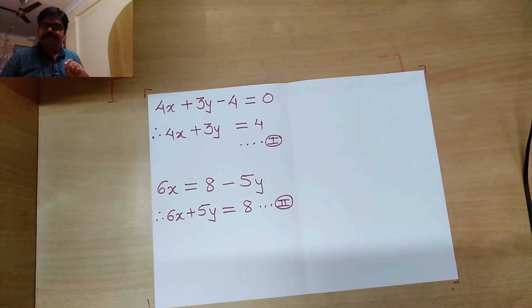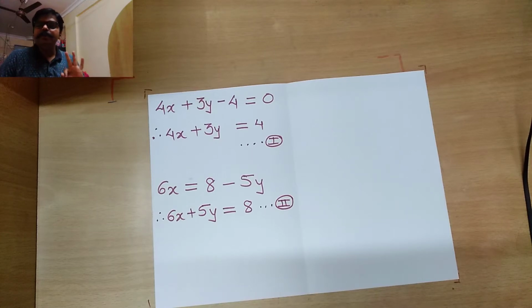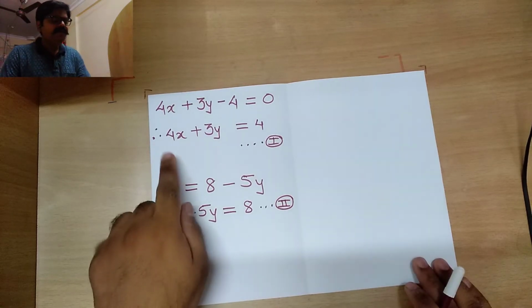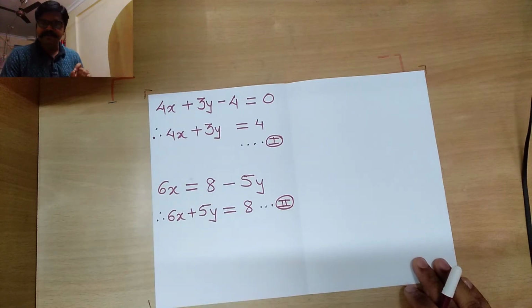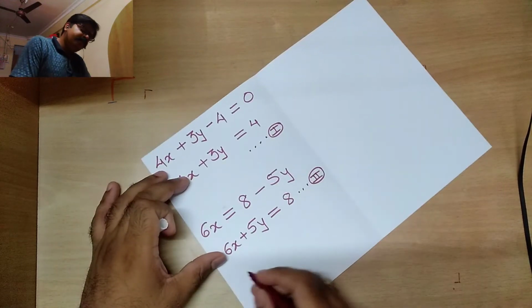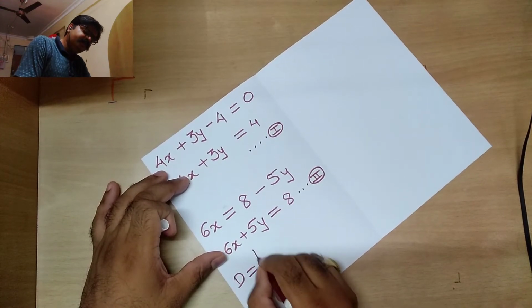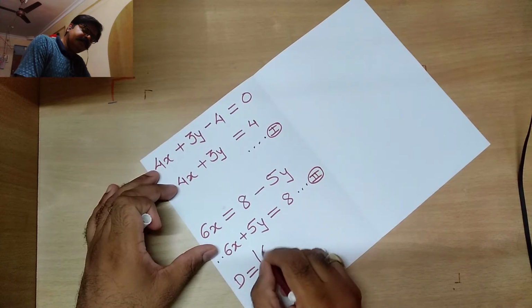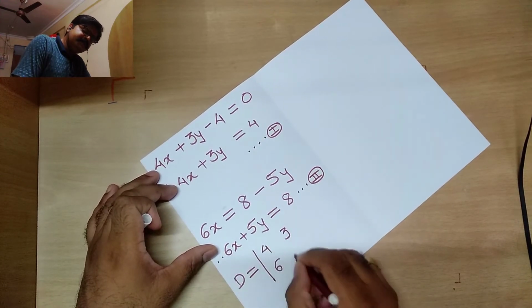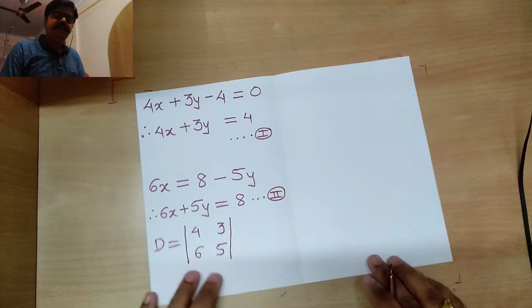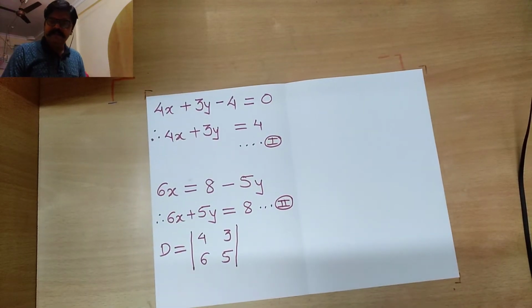Now once we are done with the equations, let us see what our next step is going to be. Since we are supposed to solve these equations by Cramer's rule, we just have to get those total 3 D's over here. Of those, for the first D we are supposed to focus purely on the coefficients. Let us calculate that D. So capital D is equal to 4, 3 and 6, 5. These two rows we are going to have over here. This is the D we have listed up over here.